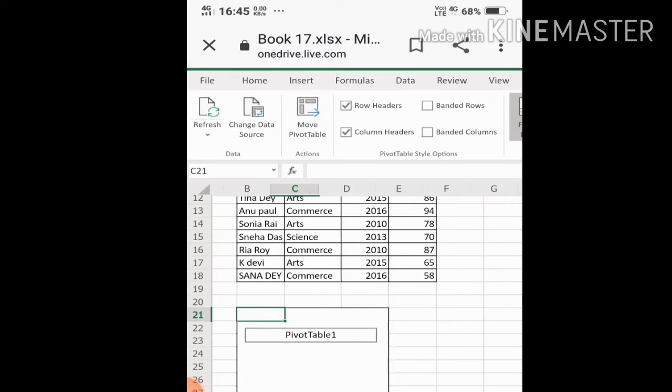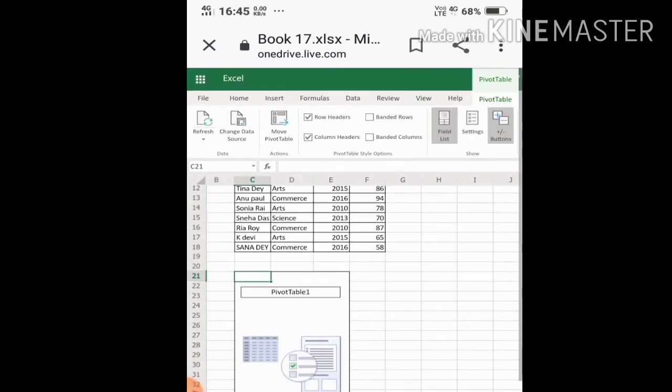After this, when you create one pivot table, see here in the ribbon, a pivot table tab has also appeared, and the options have also appeared here: data group, action group, pivot table style options and then show options. So I am first clicking on the pivot table.